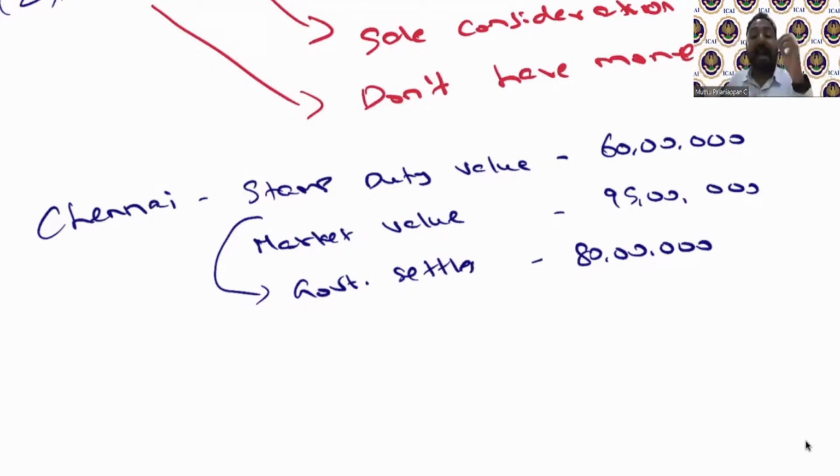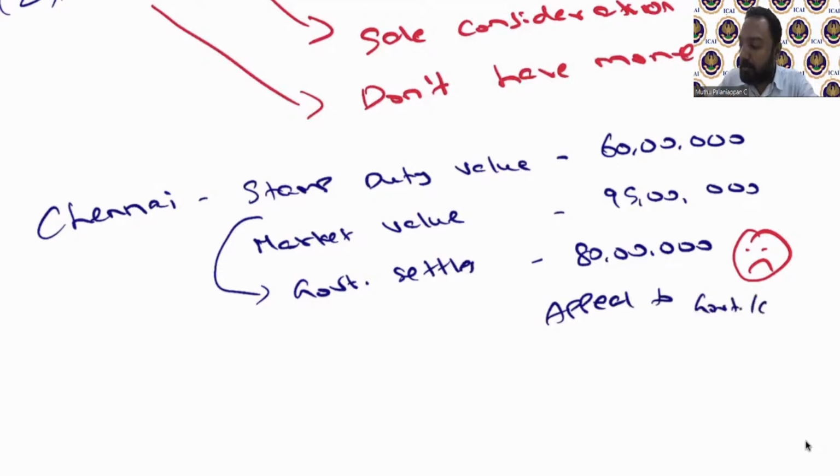But I am not satisfied, because I have received less money. Instead of 95 lakhs, I am only getting 80 lakhs. I am not okay with it, so I appeal to the government, or there is also a process in court. I say I need more money. The current market value is 95 lakhs. If I had sold it to someone, I would have sold it at 95 lakhs, not at 80 lakhs.